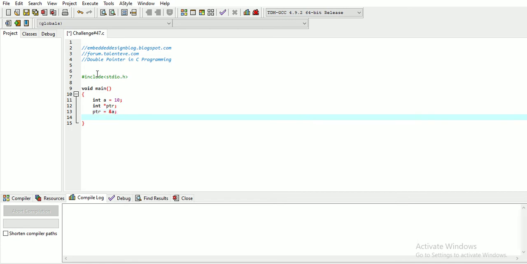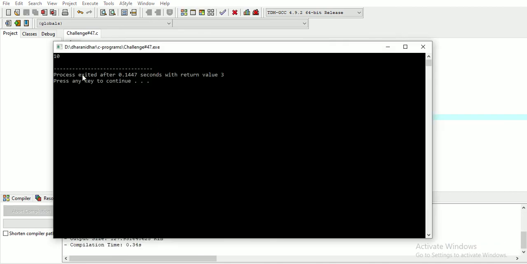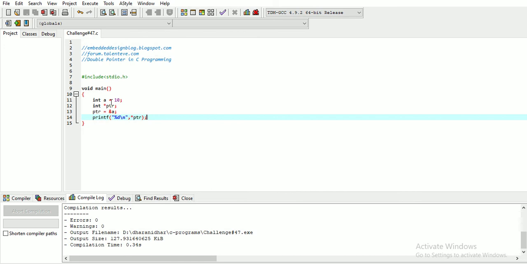Now if we print, printf "%d\n", and then star pointer, and compile this, we will get the value of 10. That means the value which is present in the address held by this pointer is printed.